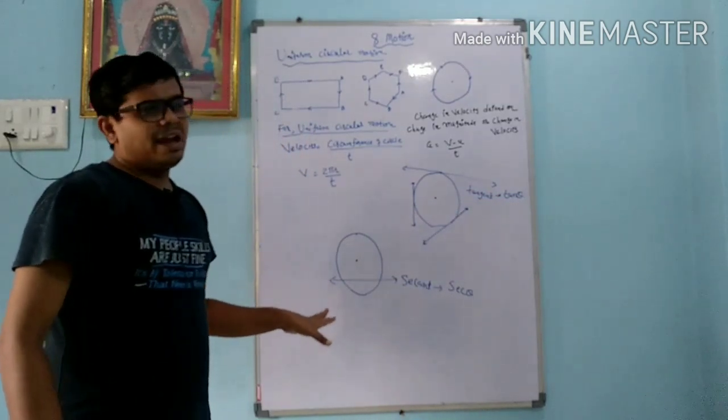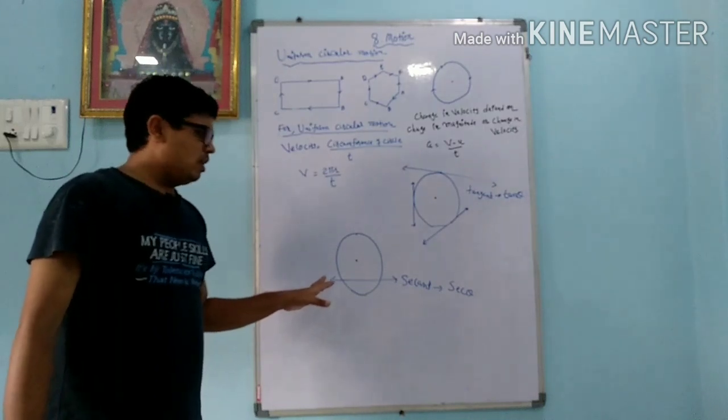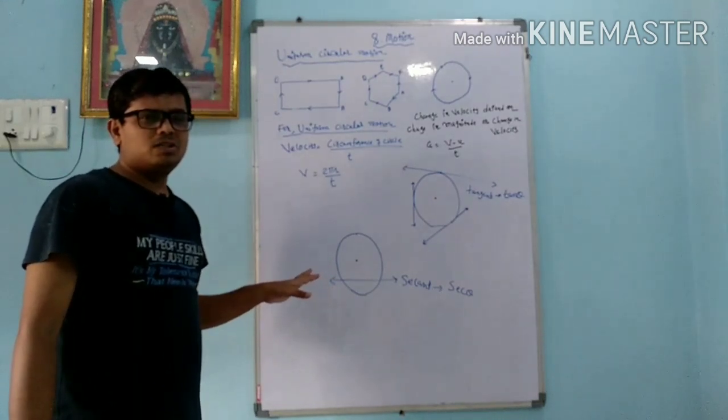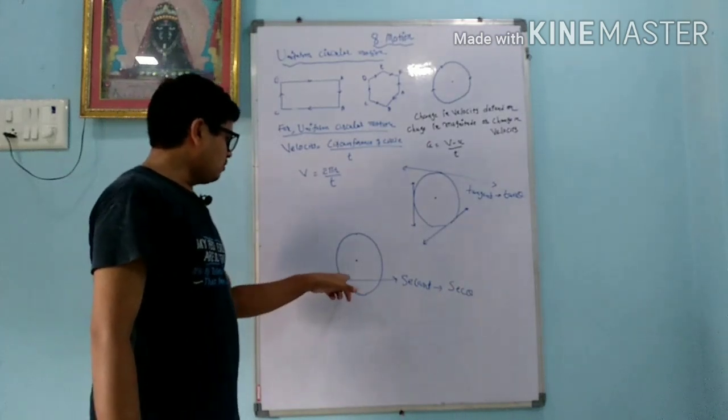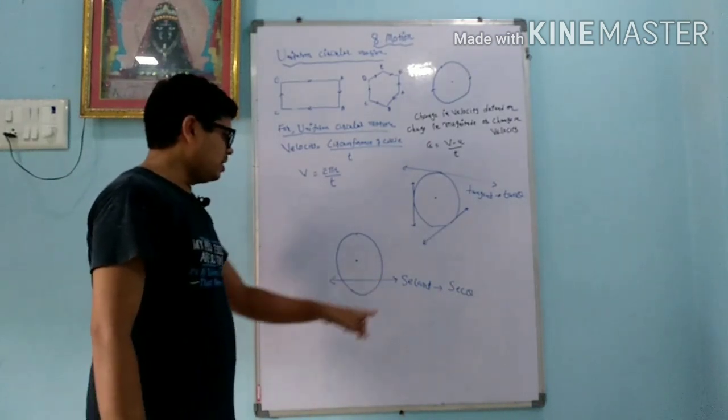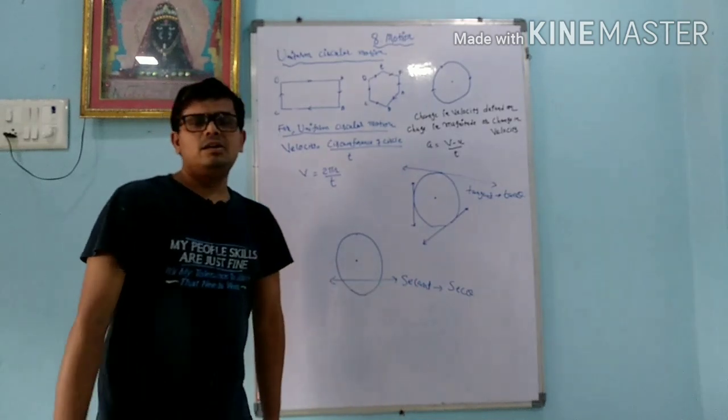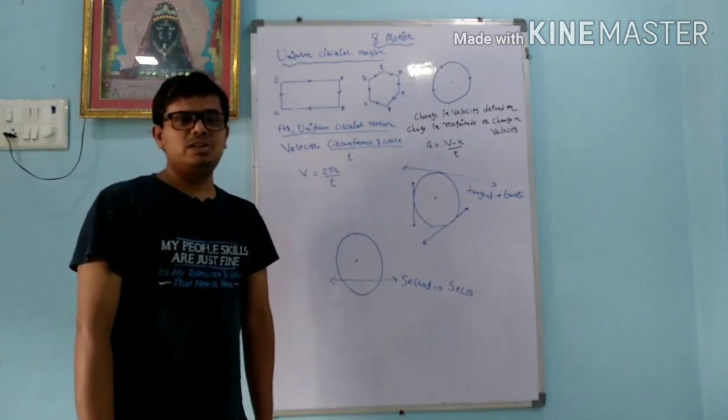Second, an extra thing: in 10th standard you will learn about trigonometry. So what is sec theta? If we draw one line through the circle, it intersects at 2 points; that is called a secant, and from the secant comes sec theta. This is all about today's session. Thank you.